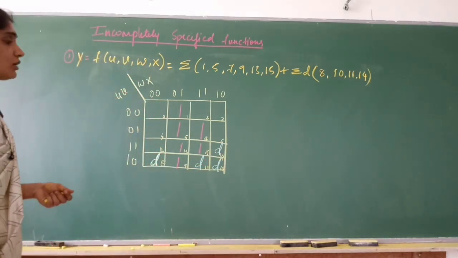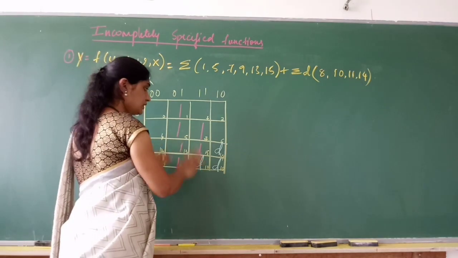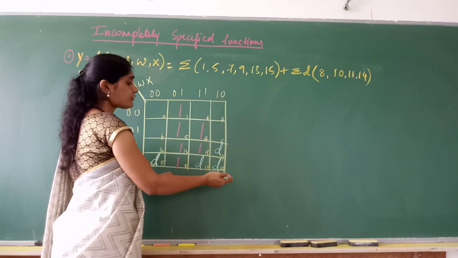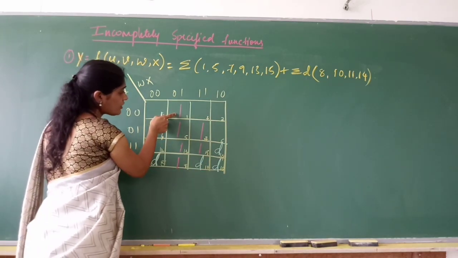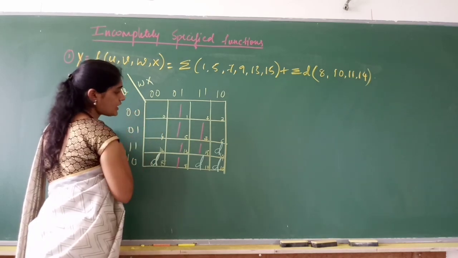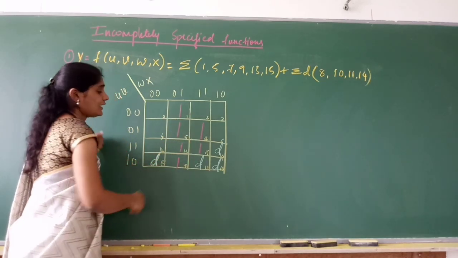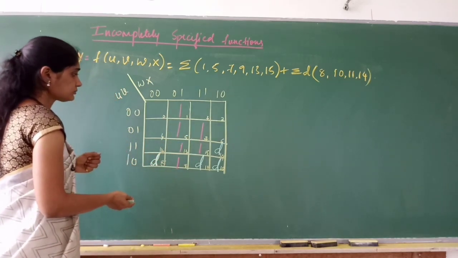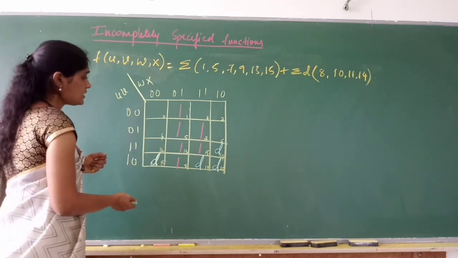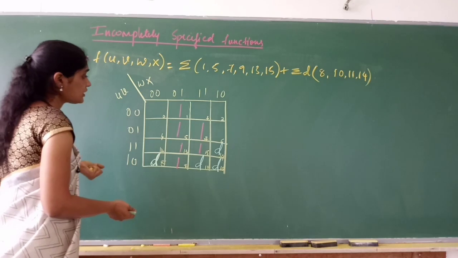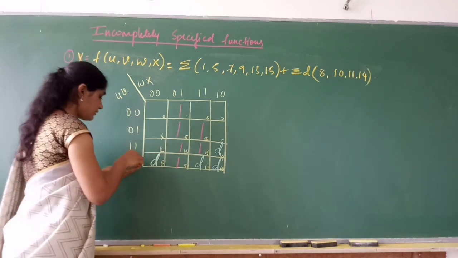Okay. So now when we have don't care terms, what do we have to do? We have to try to group the mean terms only, but we can make use of don't care terms to form a larger grouping. So now, how do I cover one mean term 1? What is the only option I have? I have to go with this grouping 1, 5, 13, 9. Any other possibility to group 1? No, right? I don't have any other possibility to group 1. So what I do? I group 1, 5, 13, 9. Correct? Yes. 1, 5, 13, 9.